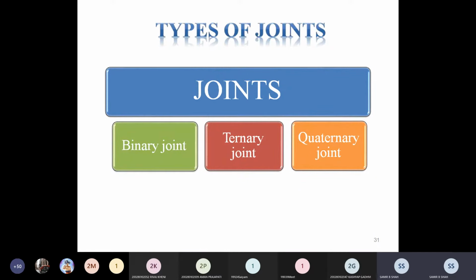One thing you have to remember: a structure means rigid links where there is no relative motion. While a machine is a kind of link arrangement where relative motion is there. In a structure, there is no energy transfer. If we talk about any kind of structure, there is no kind of energy transfer.